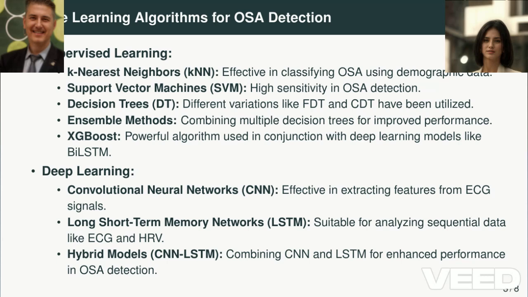Exactly. And the results so far have been pretty promising. Some of these AI models are hitting some pretty impressive accuracy rates for sleep apnea detection. Oh yeah, like what kind of numbers are we talking? Well, the retracted study mentions some models getting over 90% accuracy. 90%? That's amazing. But you did say earlier that we need to be a little cautious about those numbers since that study was retracted. Right, exactly.